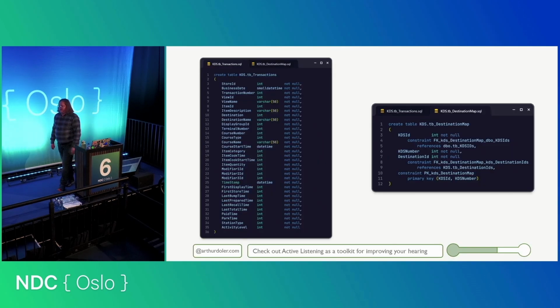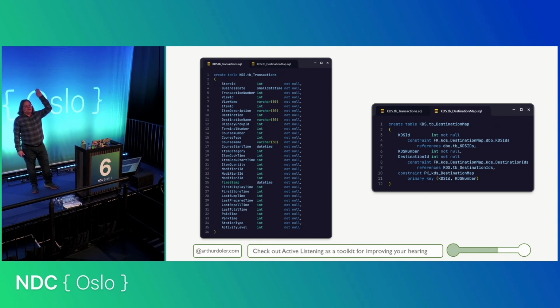As an example, a different project that I work on, not the bingo one this time. This one's for back-of-house restaurant management. This was a project that I was given. There's a toolkit called a KDS, a kitchen display system. If you've been to a fast food restaurant and you've seen those monitors that look like they came out of 1980, where they have columns of different things, and you can see the orders move from column to column, that's a KDS.